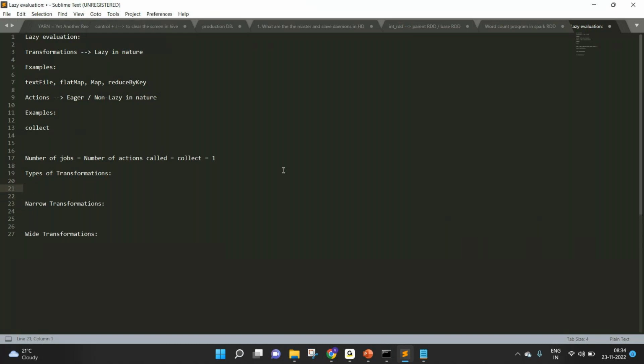But before talking about narrow and wide transformation, I want to talk about data shuffling. Data shuffling is nothing but data movement across the cluster, or data movement across the worker machines in the cluster,